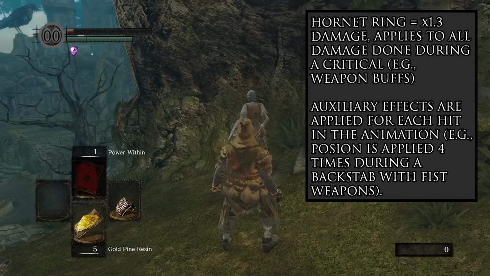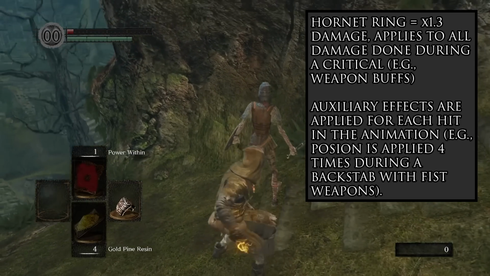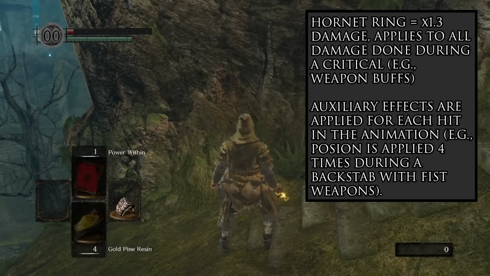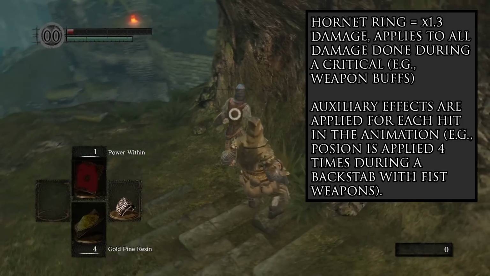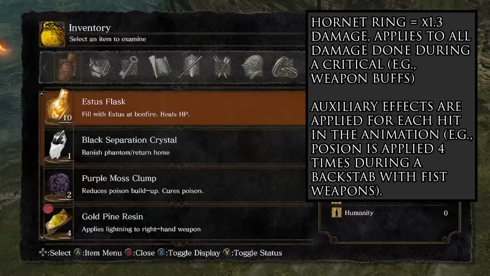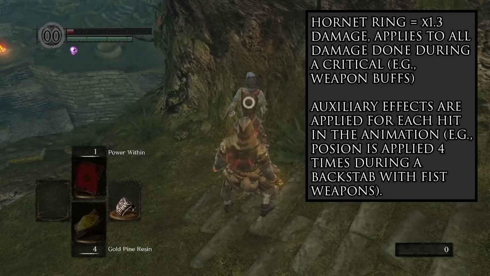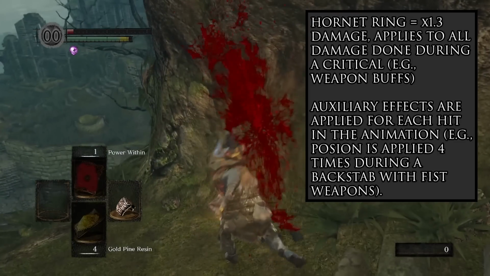But if we apply the gold pine resin, and we do not use the Red Tearstone Ring, if we backstab, we get 104 damage and then 104 damage. So for each hit of a multi-hit backstab or riposte, we get the weapon buff damage on both hits, and 100% of that damage. For the Red Tearstone Ring, you'll see that again, we do 104 damage and then 104